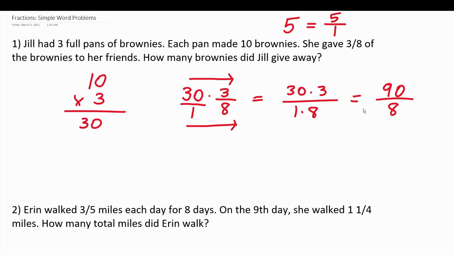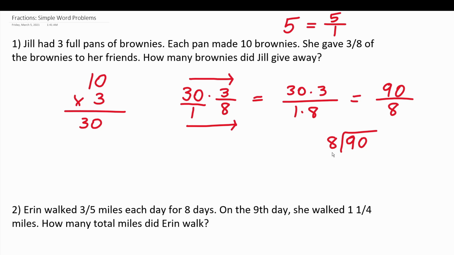Well, if you haven't worked with fractions in a long time, you may have forgotten that you can regard all fractions as long division. So you can read this as 90 over 8. And in addition, you can also read it as 90 divided by 8. And that's what we're going to do to convert this improper fraction here to a mixed number. So let's work on this long division.